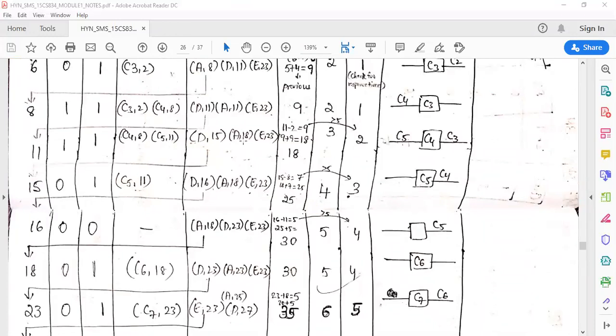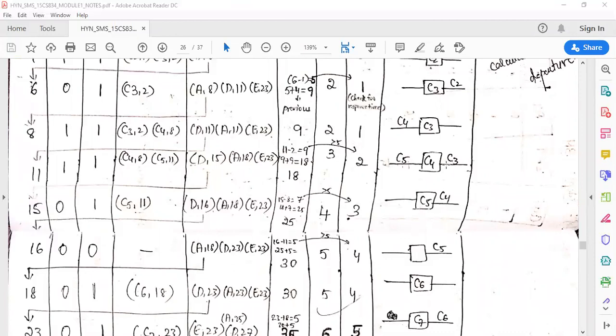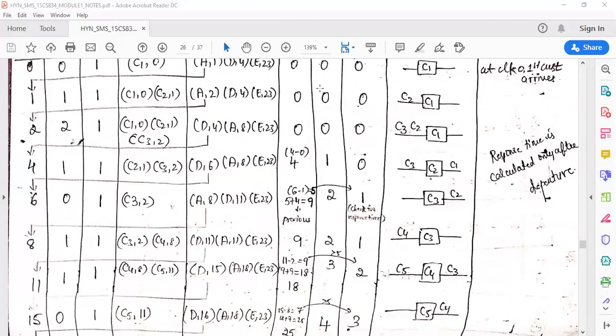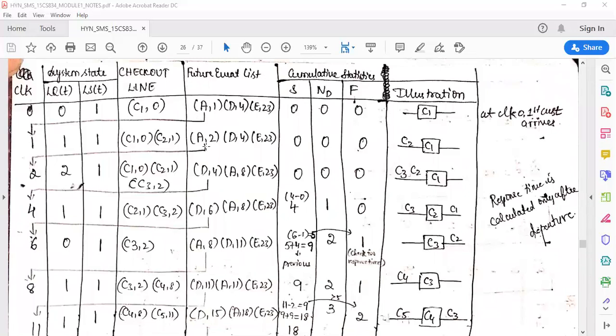So now what happened here? Departure has occurred, so the third customer has moved on. I will increment my number of departures and write 3. So 3 means totally 3 customers have departed now. Customer 1 went, customer 2 went, now customer 3 has gone. So now you have to calculate the response time of the third customer. When did the third customer go? The third customer went out at 11. When did he come? The third customer came at 2.